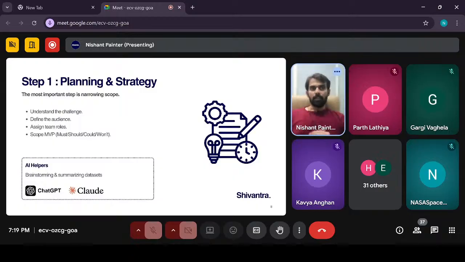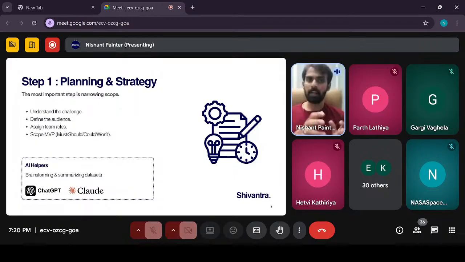Second is, while you are designing a solution or while you are exploring a problem, there always has to be an audience. Who is this solution for? The same solution cannot be for all the groups. Of course, you can design a generalized solution, but that really depends on the solution that you are providing. You need to decide who will be your target audience. And depending on the objective and the target audience, you will decide what you will be delivering to them.